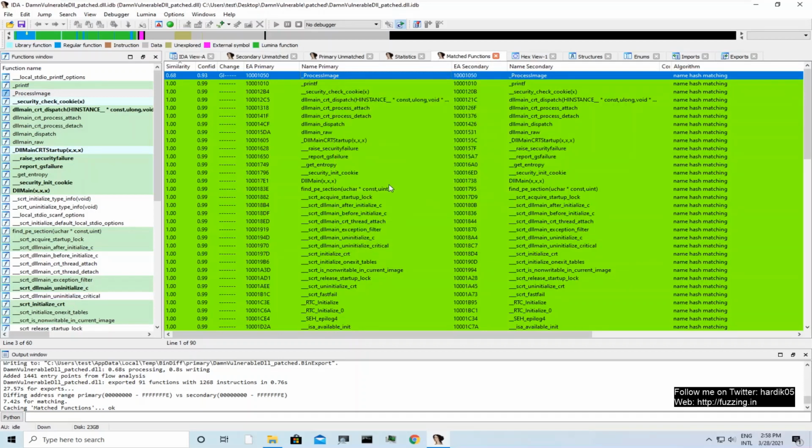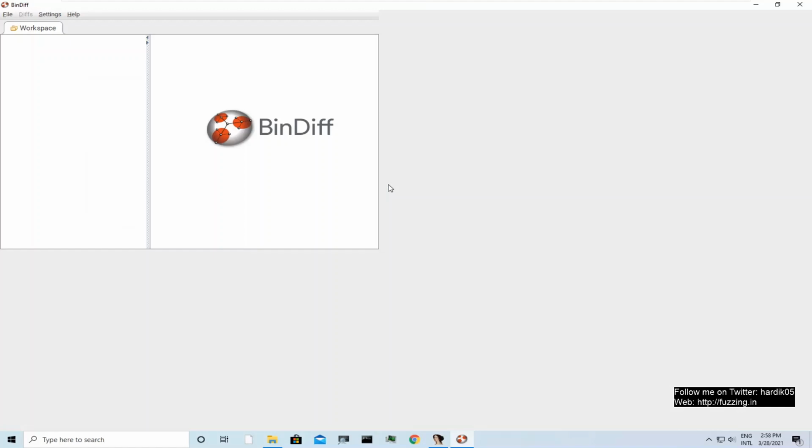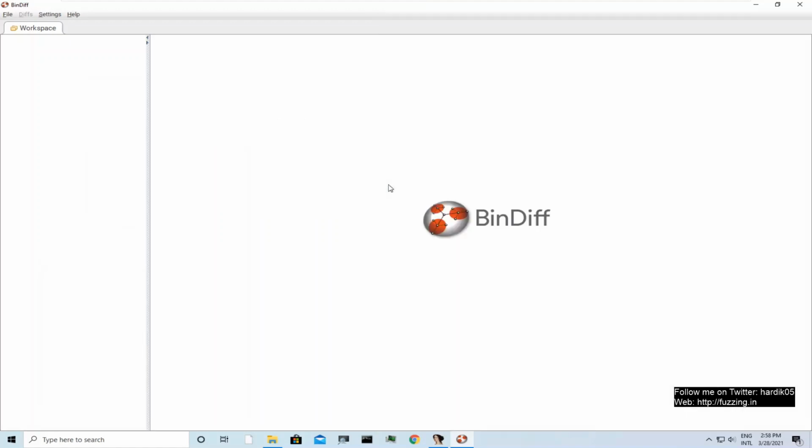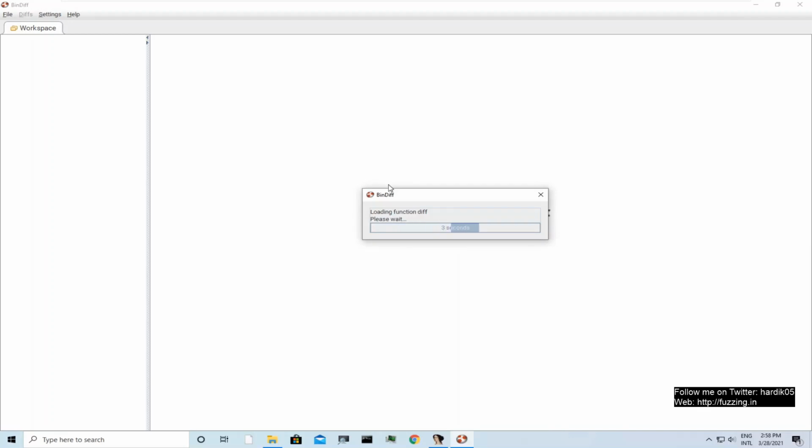It will give you a graph representation of both the files. Based on that, you can easily identify which code blocks are changed and which are newly added, and then do some traversing and locate vulnerabilities. It will take a few seconds. We need to wait.